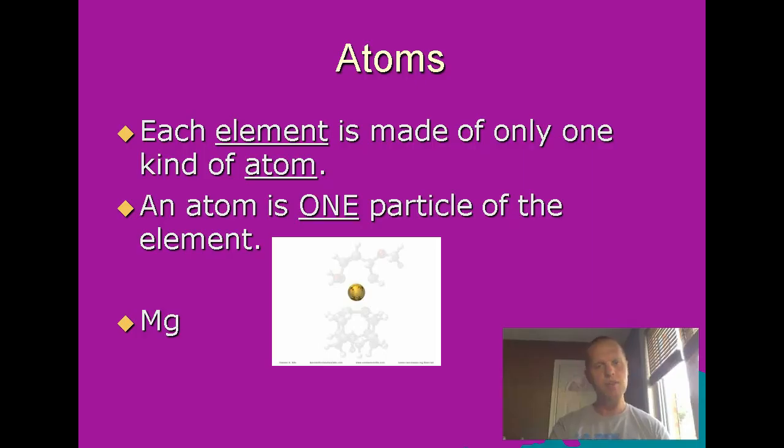So here it's framed a little bit of a different way. We're going to write this in our notes. Each element is made up of only one kind of atom. An atom is one particle of an element. A particle is a small thing. So magnesium, for example, one atom of magnesium would be one particle of a big magnesium piece